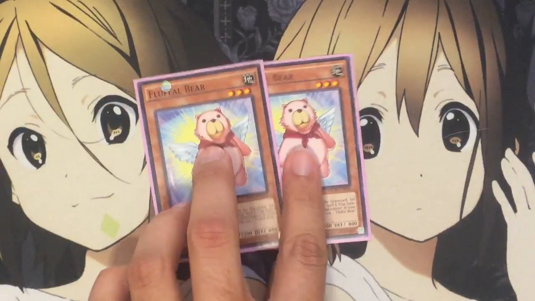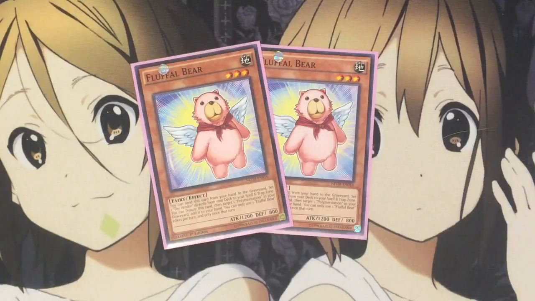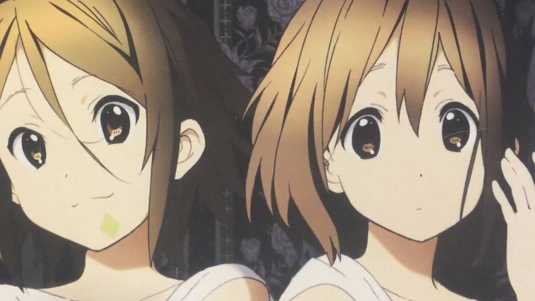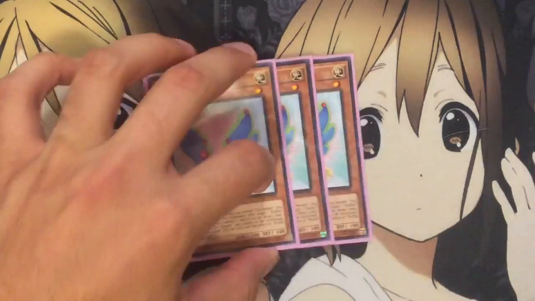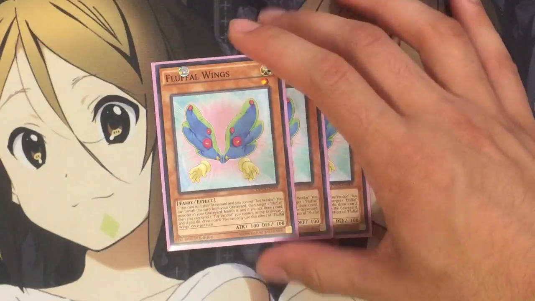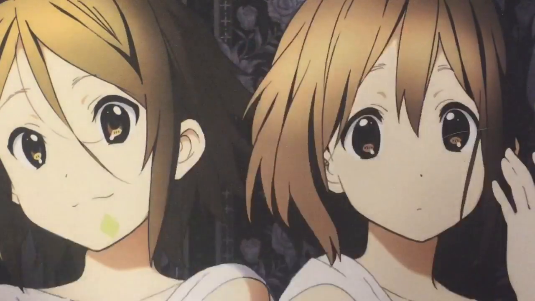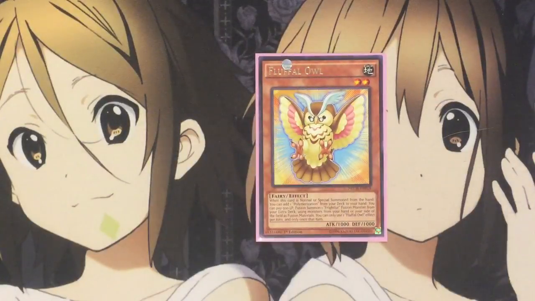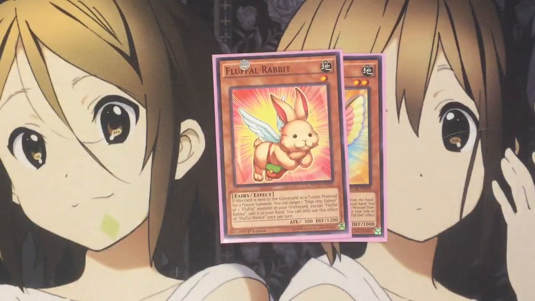And I also run 2 Fluffle Bear. It helps to search for Polymerization and Toy Vendor, depending on the play that you need. Toy Vendor still helps a lot with the draw power with Fluffle Wing, which I also run 3 of. Your easy draw and search power using Toy Vendor's effect with this card is too good. It's a Fluffle monster, so it's very easy to get to the graveyard, whether you use Toy Vendor or for a fusion usage. And I also run 1 Fluffle Owl for additional fusion power, 1 Rabbit for search power, and